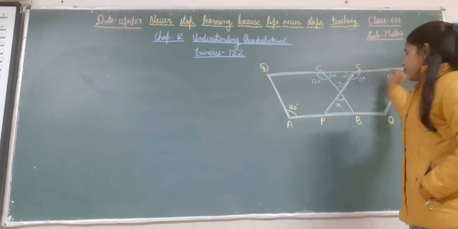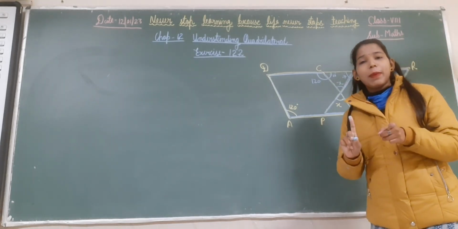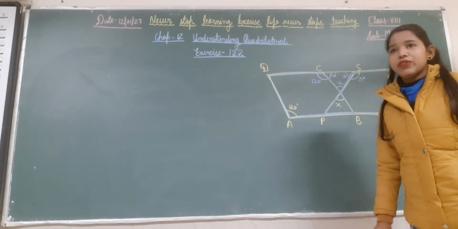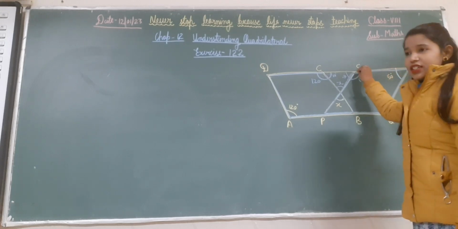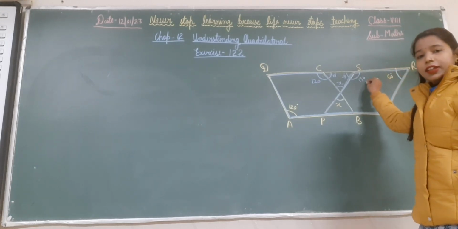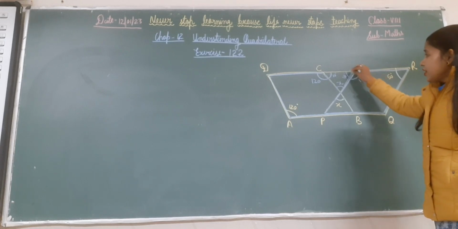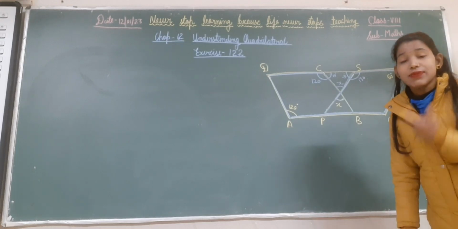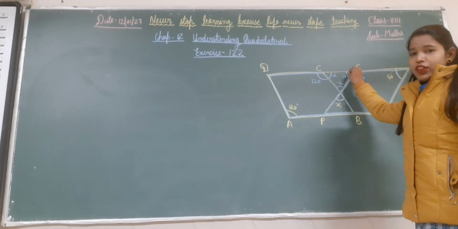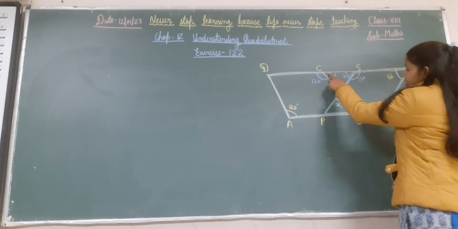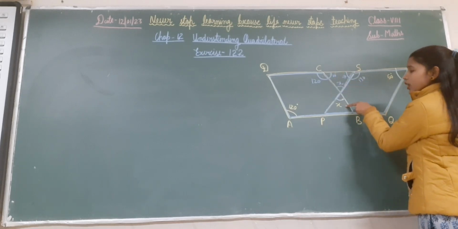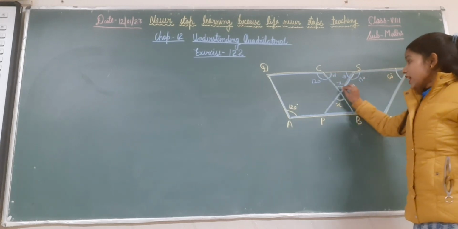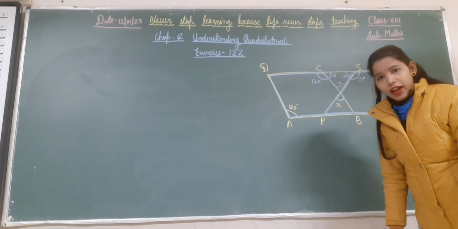Similarly, in this parallelogram, we all know that adjacent angles of the parallelogram are supplementary. So if this angle is 50 degrees, then 180 minus 50, that is 130 degree, will be the adjacent angle. And if it is 130 degrees, these two angles are making a linear pair. So the rest angle means 180 minus 130, that is 50 degree. So here 50, this is 60, and vertically opposite angles are equal. So if this is x, this will also be x. So from here we can find out the value of x by using the angle sum property of triangle, right?